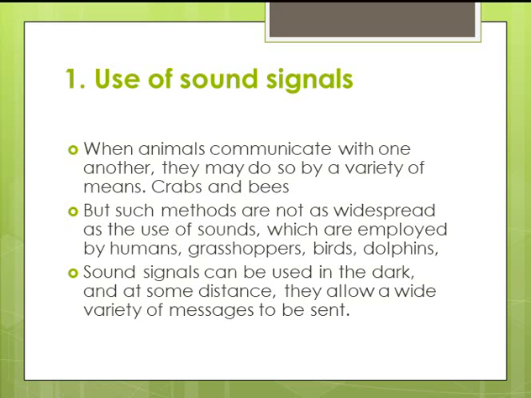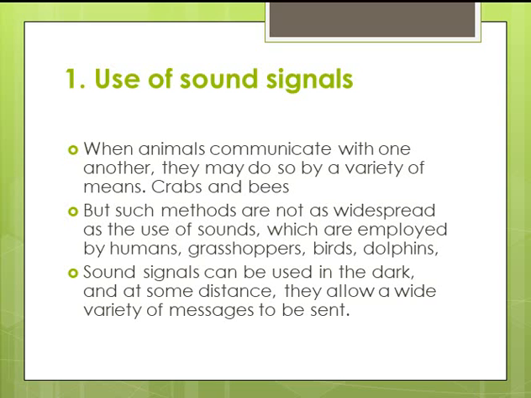Now, if we talk about the bees, there are about 60 to 65 dances indicating the whereabouts of the nectar. If we talk about the dolphins, the cows, the crabs, the grasshoppers, birds, and so on and so forth, each one of these has its own set of sound signals which are used for certain functions.